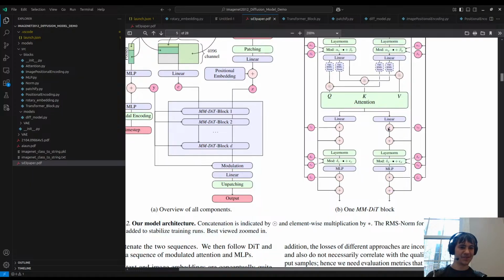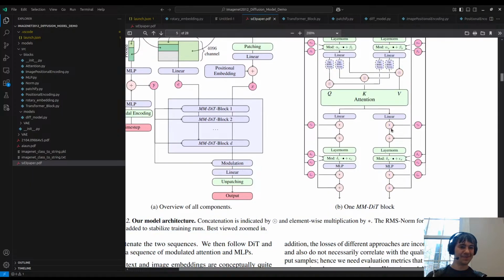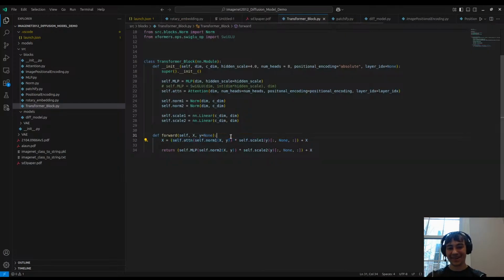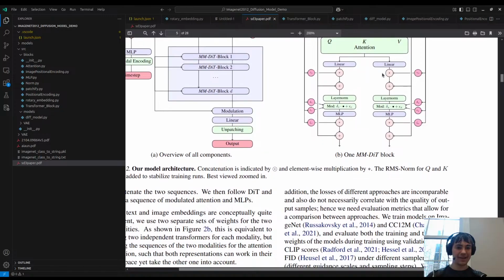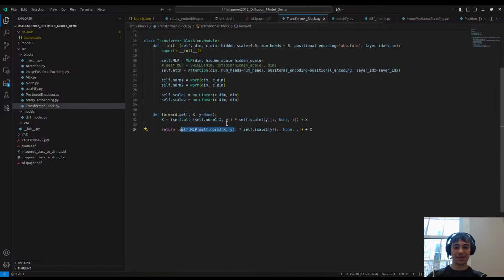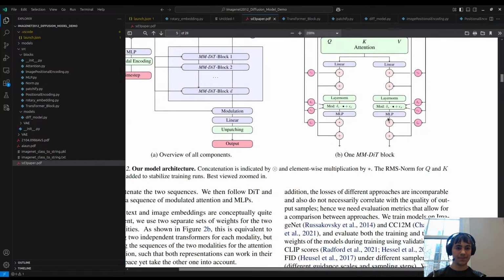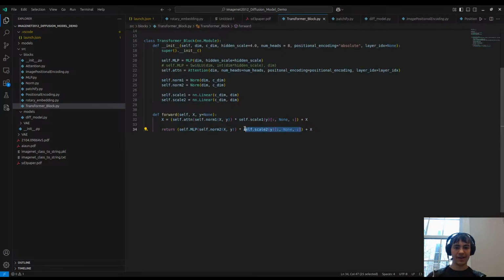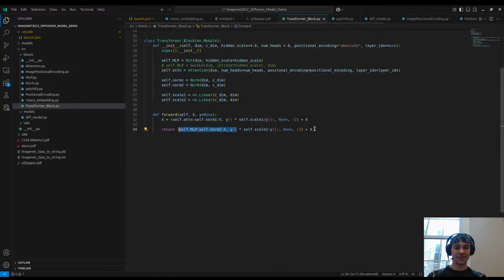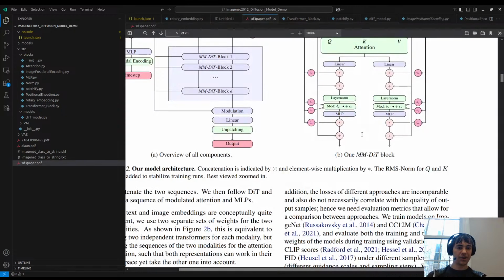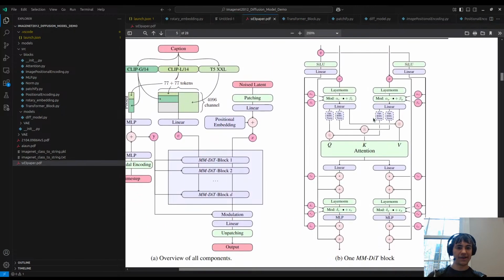I'm not exactly sure how much of a difference this part makes, but they have it in there anyway. So yeah, that's that. You then normalize again here. For the MLP, you normalize the output of attention, and then you send it through the MLP here. You then have the scale here, so that scales the MLP output using the class information, and then you add the residual. So another thing to note in this diagram, if you look,